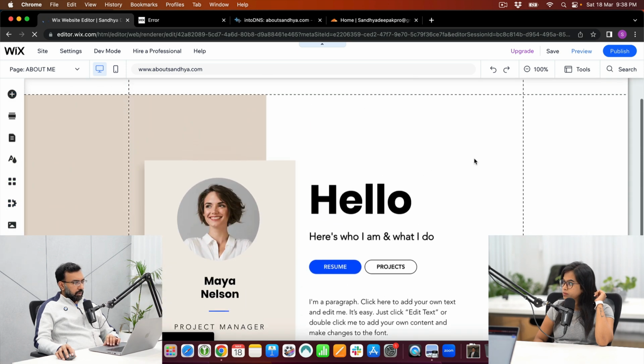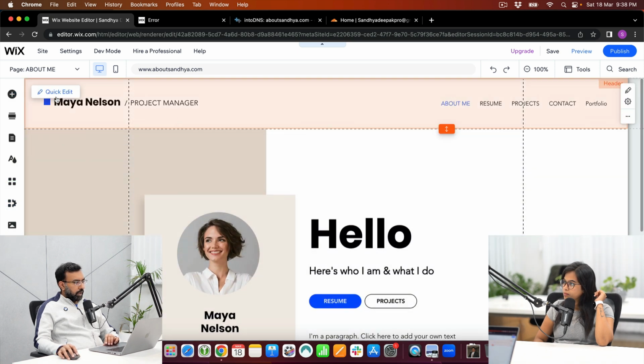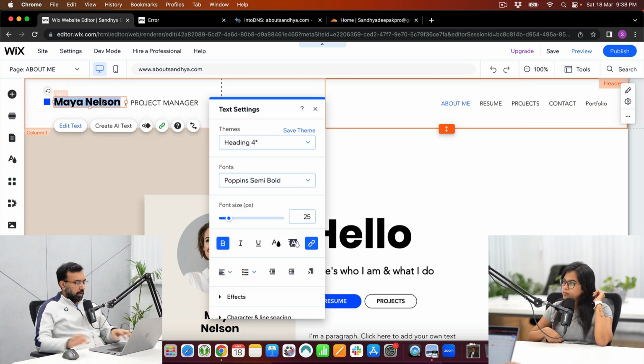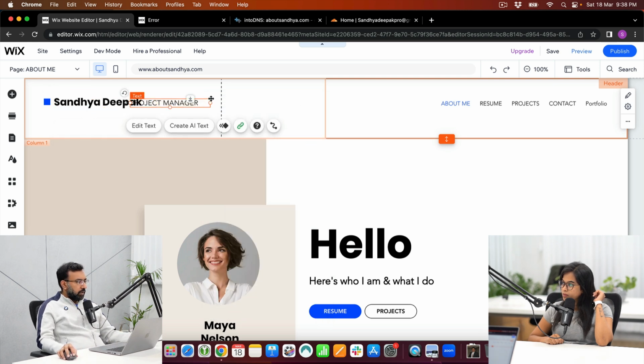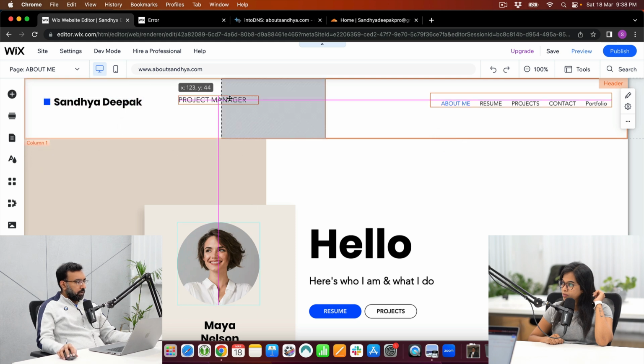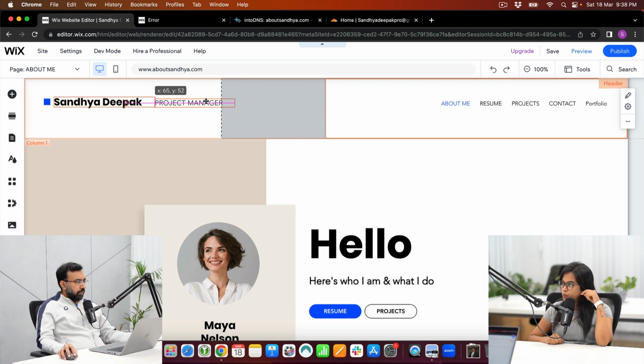Oh, nice. So you can edit the name here. You can put Sandhya Deepak. You can drag it like this. Move around this element also. Put it down. Okay. Yeah.